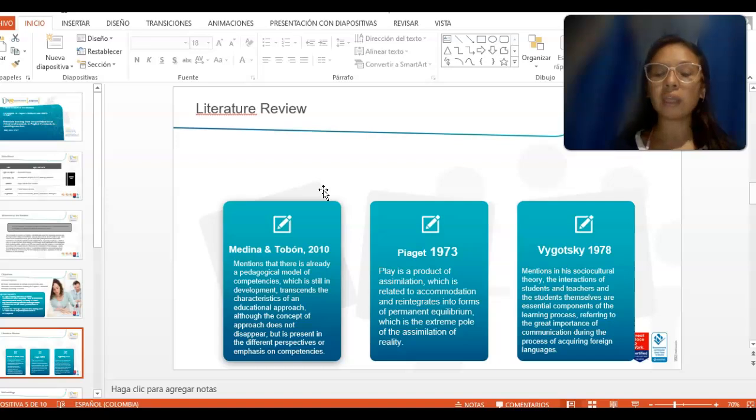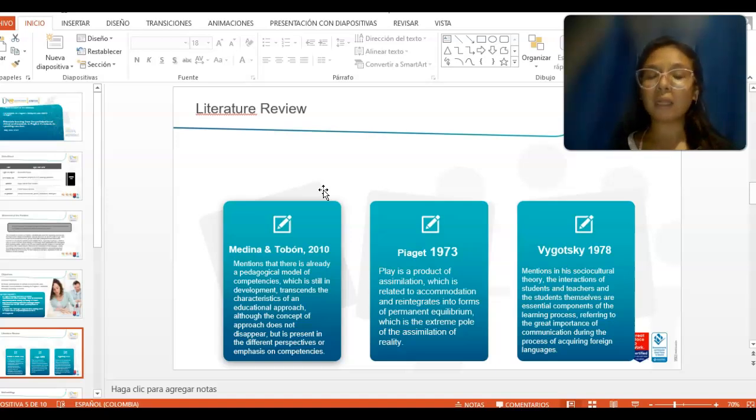And Piaget in 1973 said play is a product of assimilation, which is related to accommodation and reiterates into forms of permanent equilibrium, which is the extreme pole of the assimilation of reality.